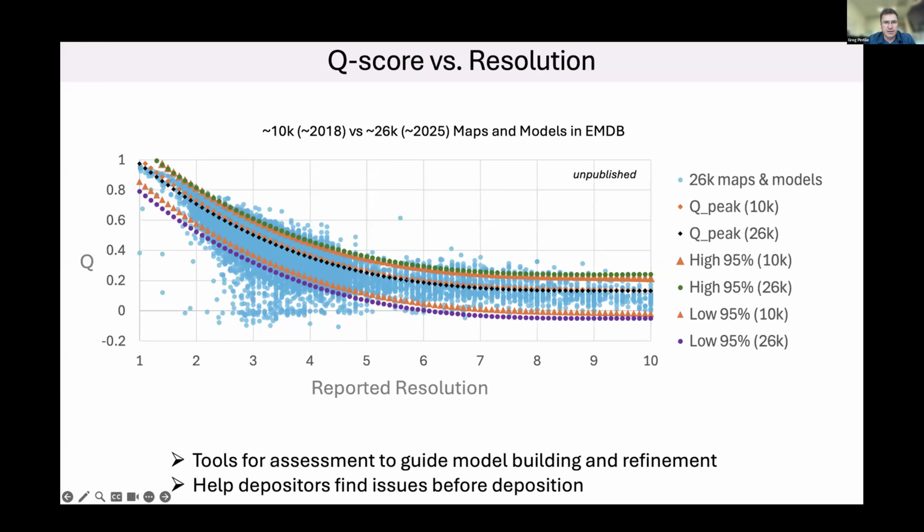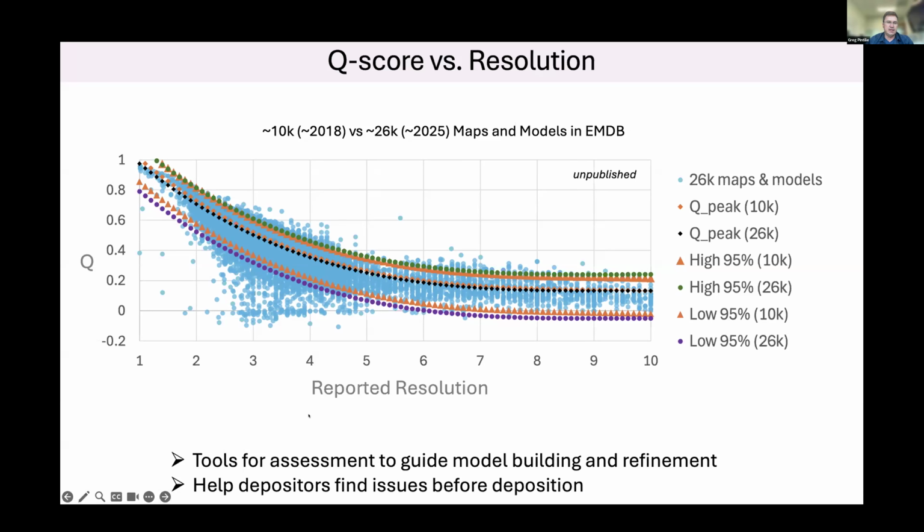I was curious to see if these relationships changed. If we look at the peak, which is the highest observed values for a given resolution of Q scores, it didn't change too much. Maybe it dropped a little bit. The low 95 percentile bar seems to have dropped a little bit more noticeably, which is a little bit worrisome, because what that means is that there's starting to get more points under this curve. So all of these points here outside of the curve, I haven't checked through every single one of them, but yeah,